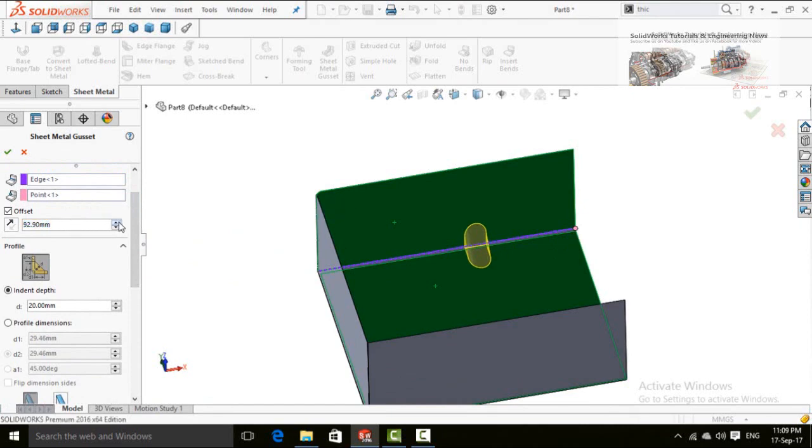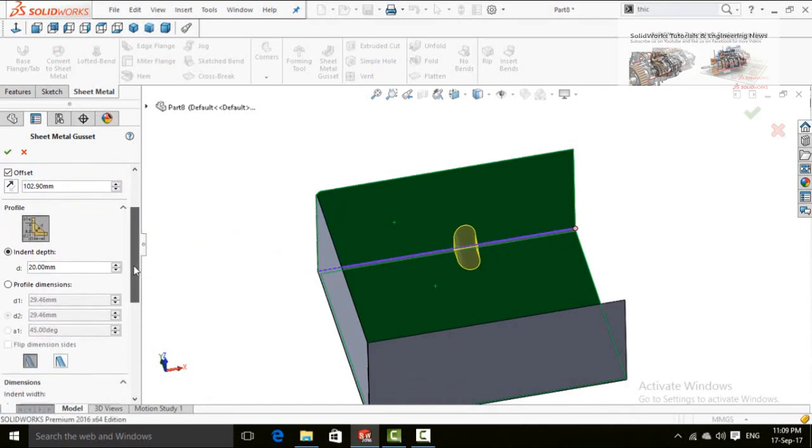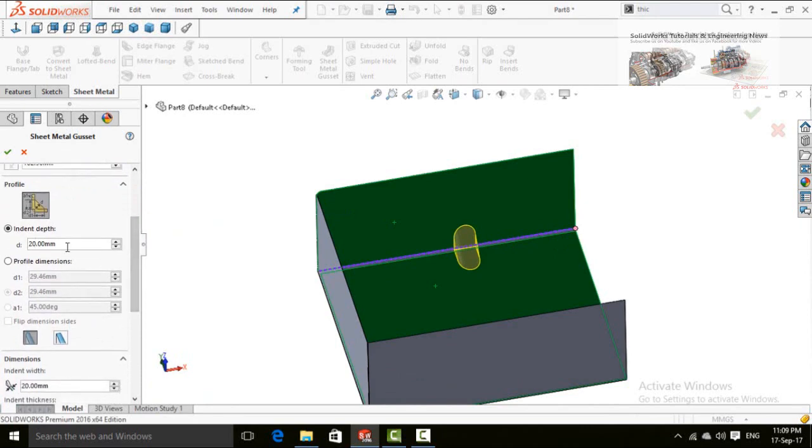You can increase or decrease this distance. Scroll down again and here are the sizes for this gusset. If you want to add all dimensions, check this option, profile dimensions, and select all the dimensions manually.